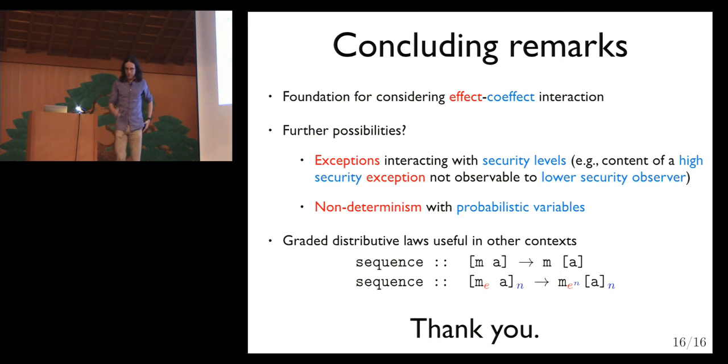James McKenna, LFCS Edinburgh. You said that the effects were structured by a pre-ordered monoid and the coeffects by a pre-ordered semi-ring. You said nothing about ordered structure. Can you speak to that, please? Yes. So the ordering provides you a way to do over-approximation of effects and under-approximation of coeffects on the left. That comes via the sub-rule. And in the paper, we explain how all of that interacts with the rest of the structure, and with the different kinds of distributive law, which sometimes flips around the order. But yeah.